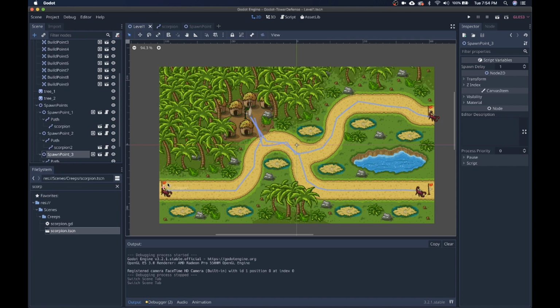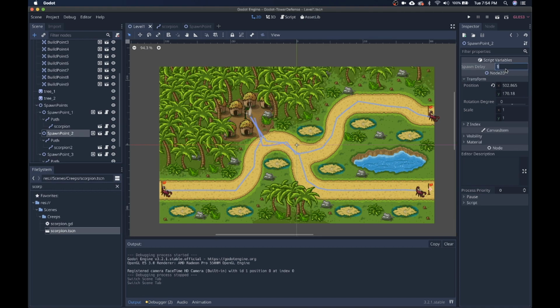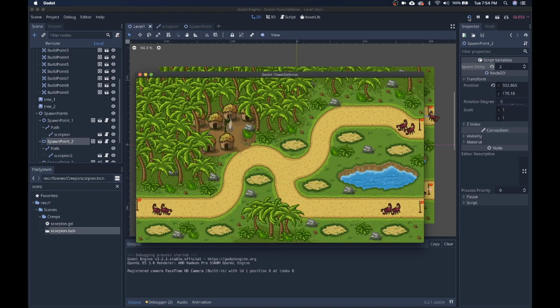So like if I click on a spawn point, you'll see I've got the spawn delay. So this one's going to be set to 1 second. Let's go ahead and set this one to a half a second, and we'll set this one to 2 seconds. And you can see here I'm not modifying code, but each of these copies of the spawn is going to behave differently. You can see how that is now all behaving